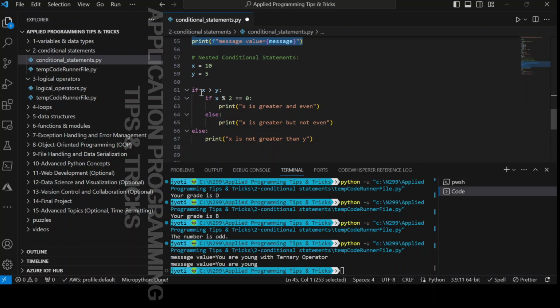So if the outer condition, if x is greater than y, then execute this code, else execute this code. And similarly, we are putting the same if else condition within the if condition. So you can write n number of nested